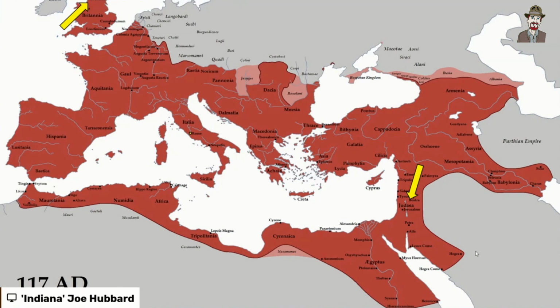The problem is that there really isn't any evidence of this. You see, if you go to somewhere like Eboracum, which is modern-day York, you can find skeletons of people who've come from Babylonia, skeletons of people who've come from the modern-day Sudan area, south of Egypt, and you've got people who come from modern-day Libya. So very dark-skinned people from all over the Roman Empire are found way up there in Eboracum. So there is a possibility. The issue is that there really is no evidence for it whatsoever.